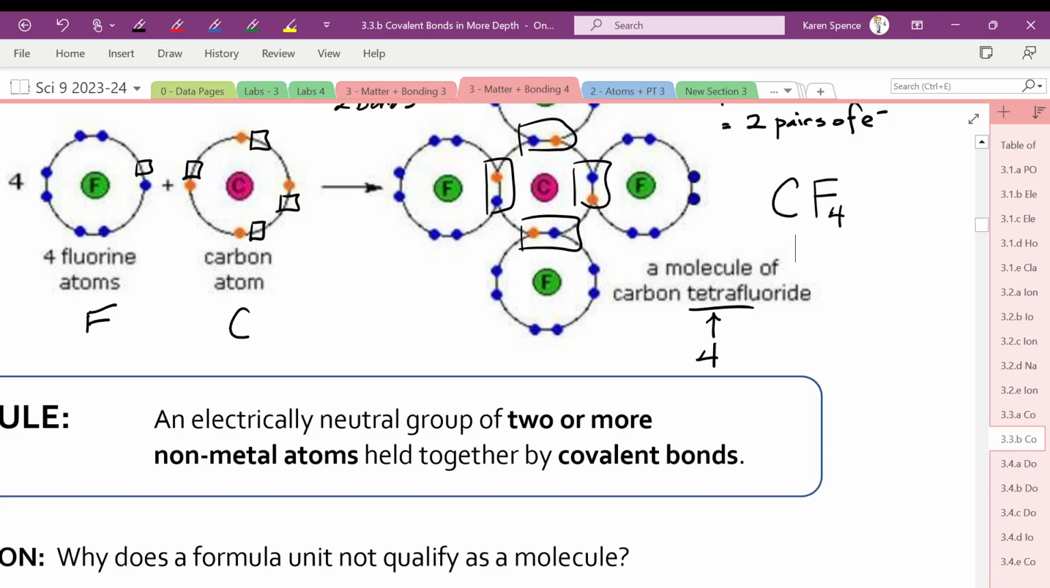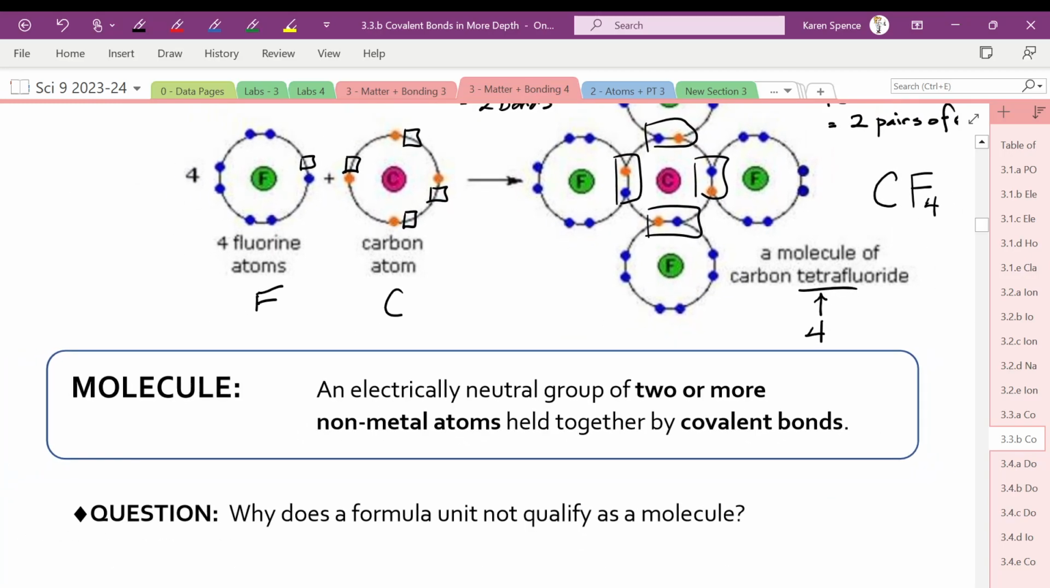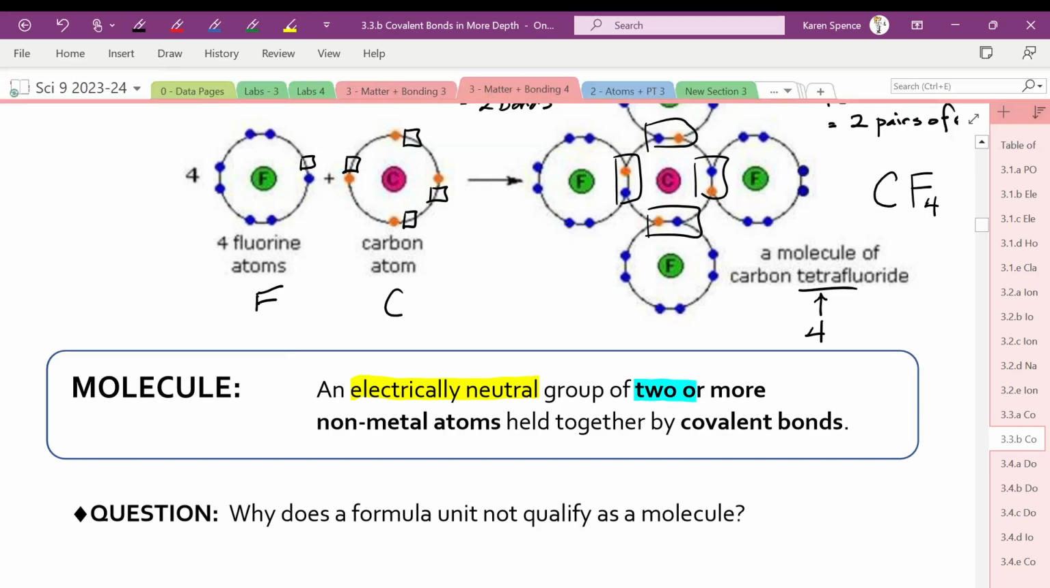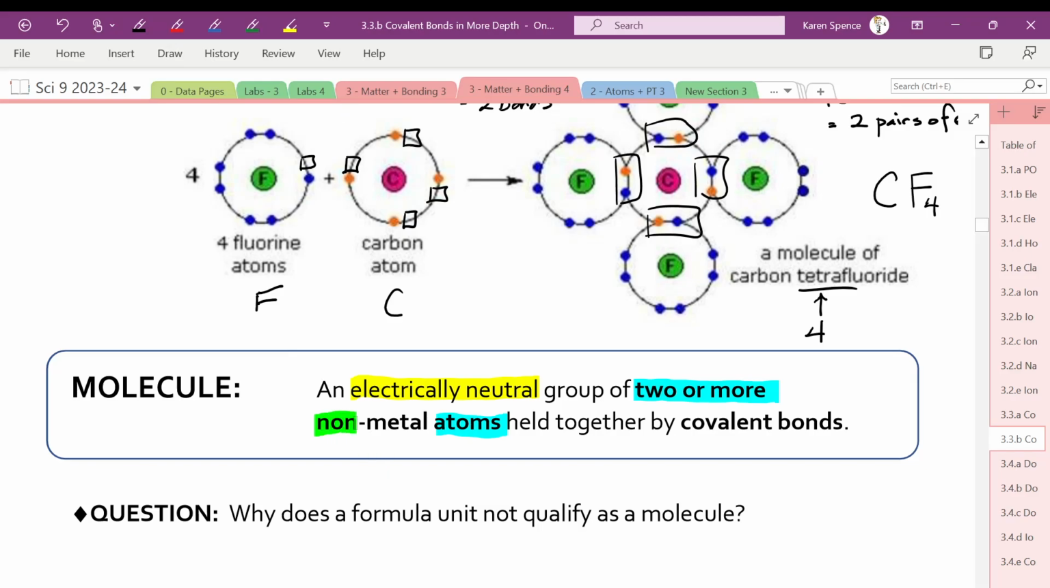So here's a definition of a molecule. A molecule is, and we're going to highlight these various things, it is electrically neutral. It is a group of 2 or more atoms. And those atoms have to be nonmetals. And they are held together by,